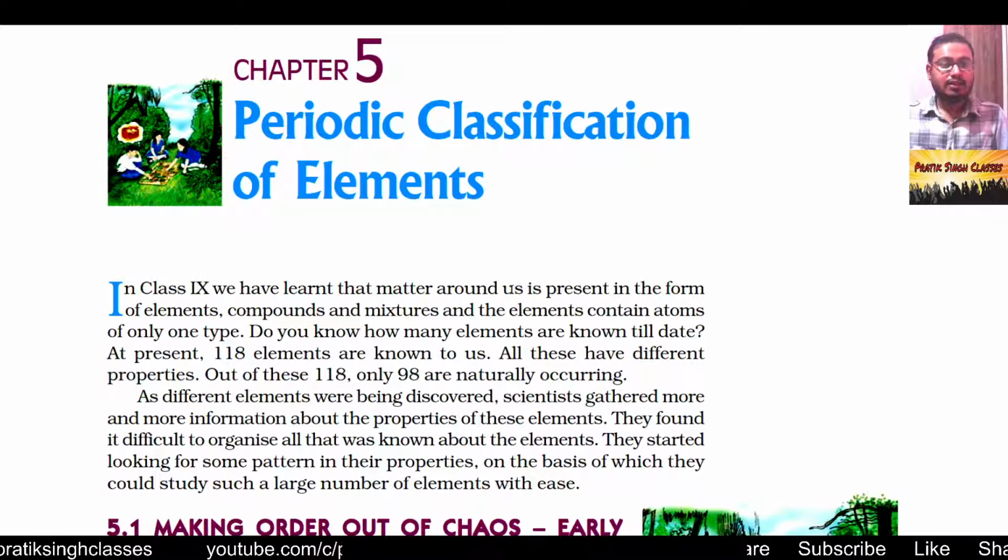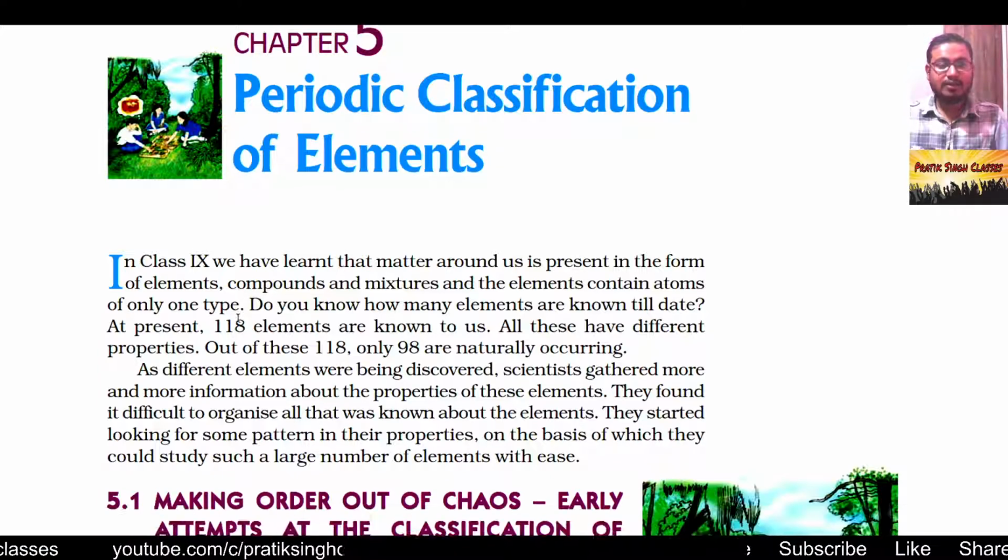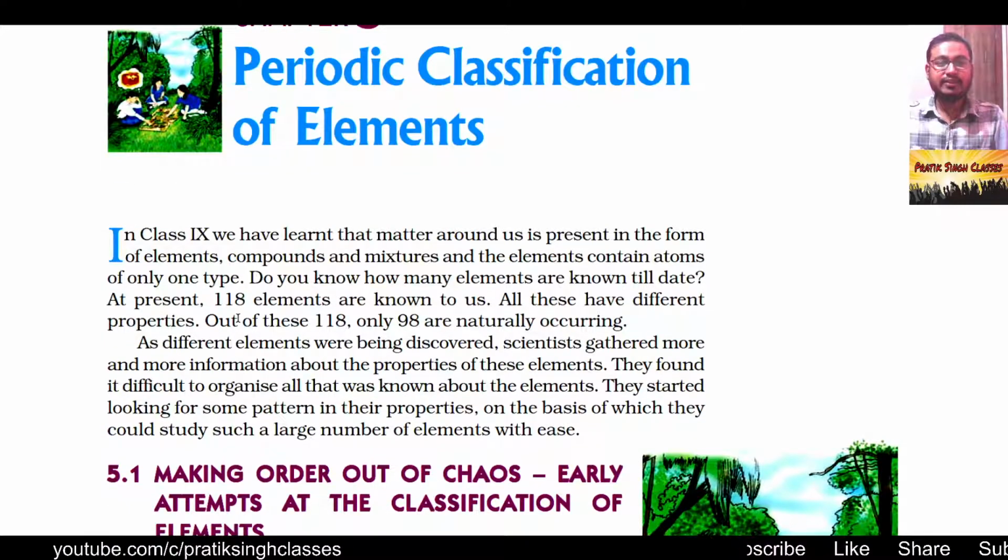But before we go through this lesson, let me ask you a question: have you seen the periodic table or not? If not, it is given at the end of your book and also in this chapter, and you can also buy it from the market. For class 10th, you must know how the elements are classified into different groups and rows, then what lanthanides and actinides are, just a short brief. Then you have to know about the noble gases, and about electronic configuration, meaning how the electrons are arranged in the shells. We already have seen that in the previous videos in the previous chapter. So let us start our today's class, periodic classification of elements.